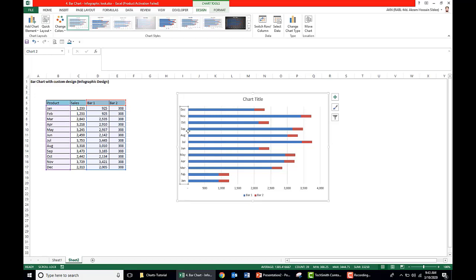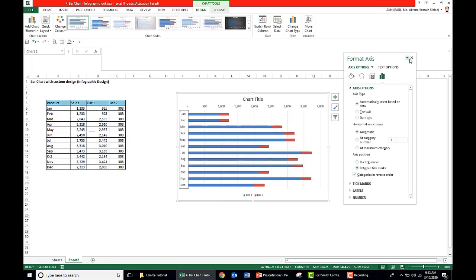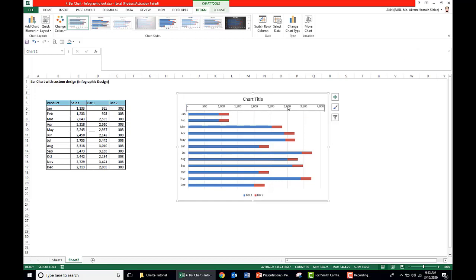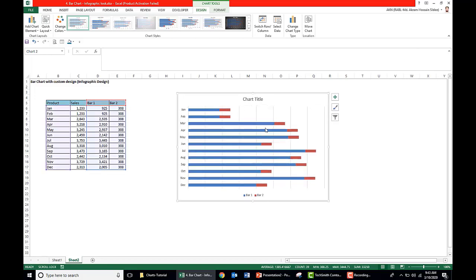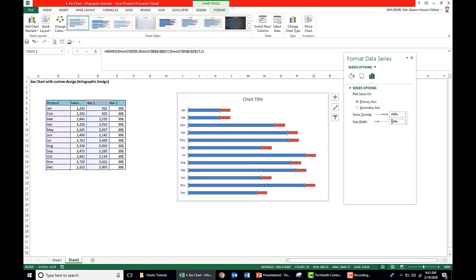So click on the axis name, right click, format axis, and select categories in reverse order. Here we do not need this axis value anymore. Remove the grid lines and also the legend, and select the bar, right click, go to format data series and take series gap width as 30% and series overlap as it is, 100% here.